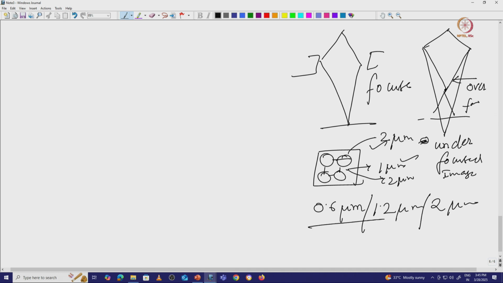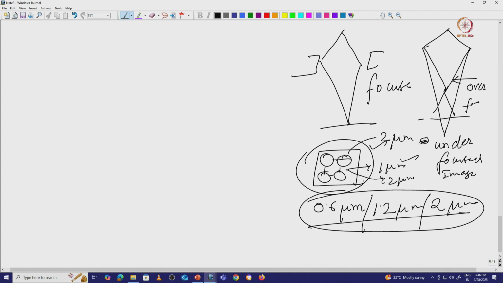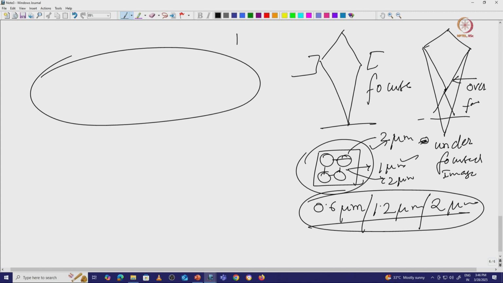So from here you can see that whenever we need a beam diameter, it should be within this range. It should not be too big. Our beam diameter cannot be 10 micrometer, 20 micrometer or 30 micrometer. If it is 20 or 30 micrometer, that is going to expose the entire grid and the entire biological sample. So what I was telling is that if initially we have a very big beam diameter and 100 electrons, and you consider the total area is 100 angstrom square, then with a total of 100 electrons, definitely the dose will be less.